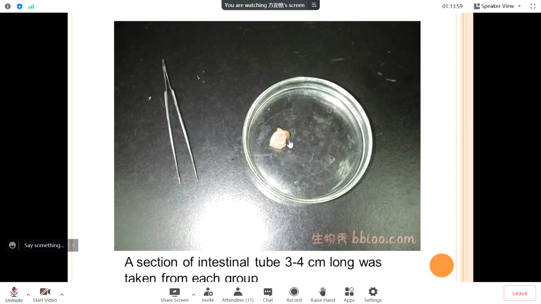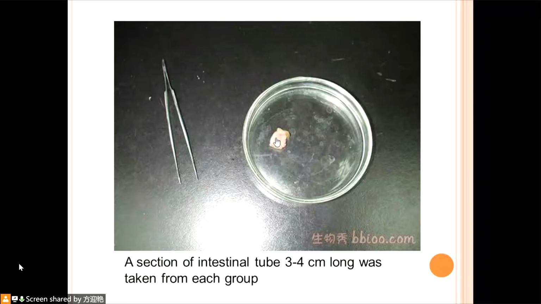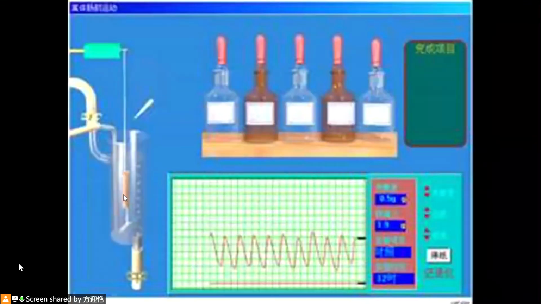Yes, and this is the intestinal segment of the intestine. This we can see here. This end we will tie with thread. This end we also tied with thread. A lot of thread we can see there. We can see this intestine segment, and there we tie this thread, and also fix the